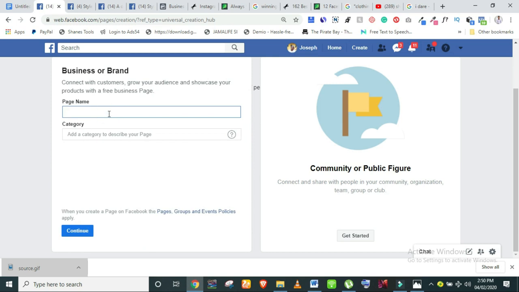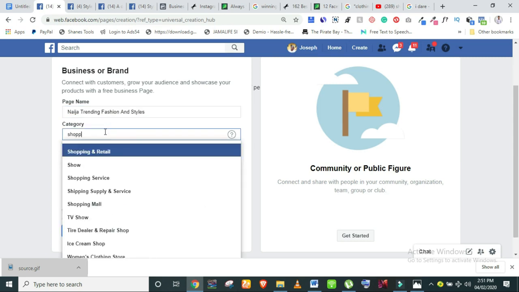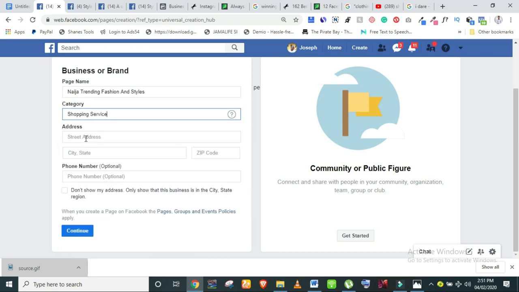Let's say Naija trending fashion and styles. Okay, so let's say category, let's put a shopping service. So they'll say which address. Let's just use Lagos, city or state, Lagos. Once you start typing that, I think it should come out. Yeah, Lagos, Nigeria. So zip code